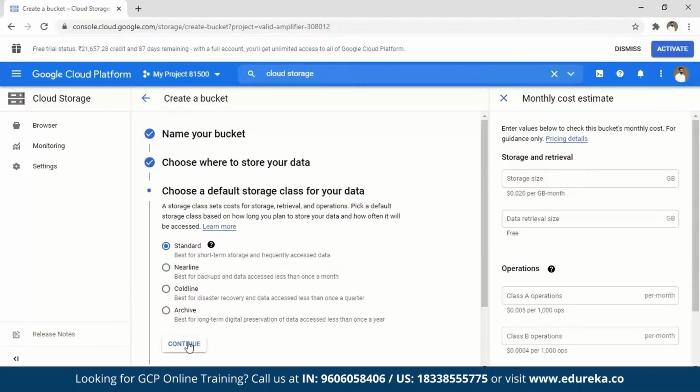Now, what do these others imply? There could be a particular requirement for you to store your data for a particular duration. Suppose that you might not want to use it, right? Say, for example, there's a particular data that you're certain you will not use for years. Medical records could be one example, or something like your school leaving certificate. So let's assume that I go to my school and I collect a copy of my school leaving certificate. Say, for example, take my case, I passed out of school in 2007.